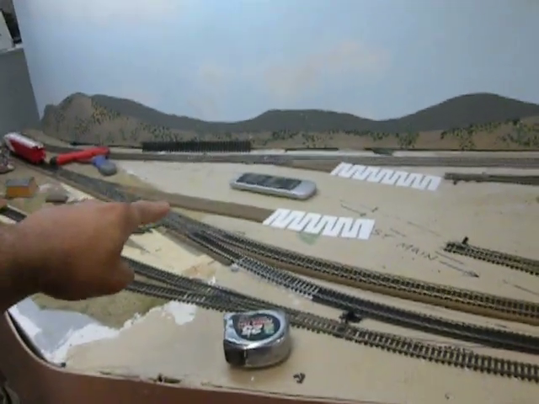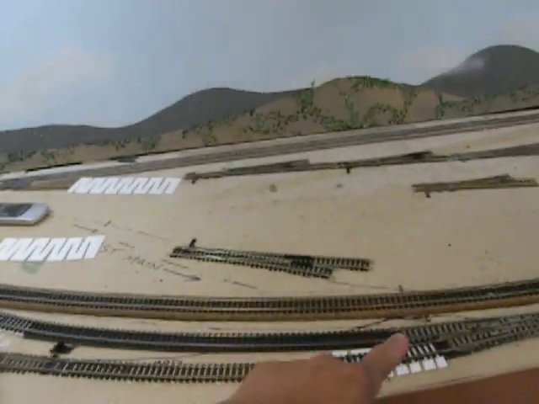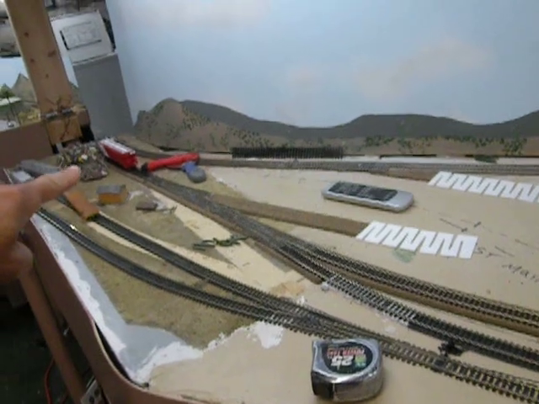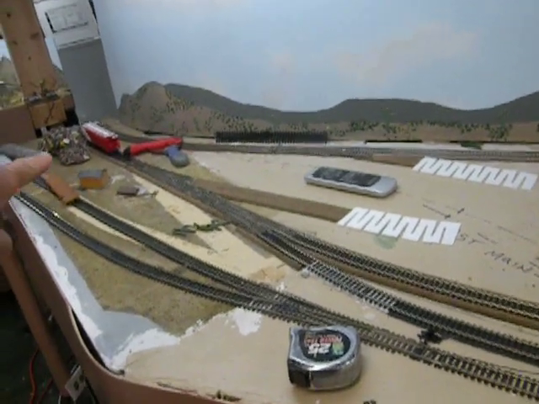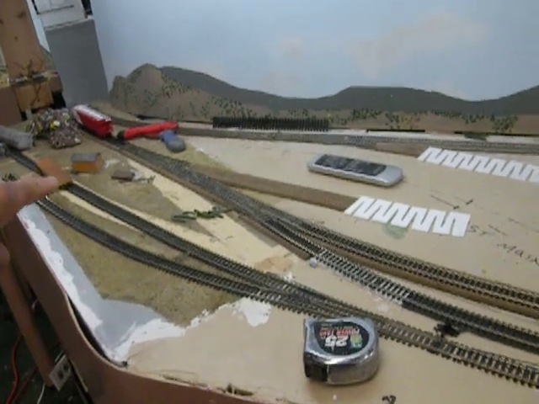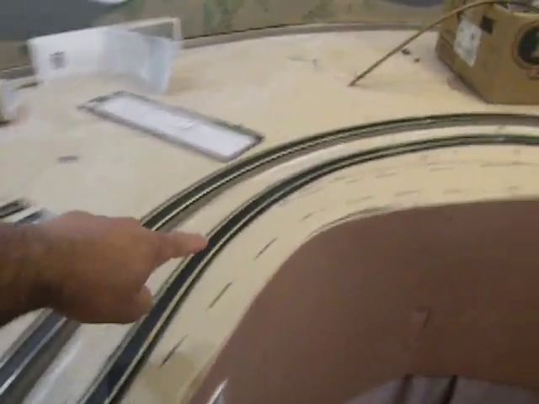You come off the siding. This is the east main line. You come off onto the siding. You can drop off some scrap or pick up some scrap or drop off an empty gondola, and then you can leave, or you can just bypass that right along the siding